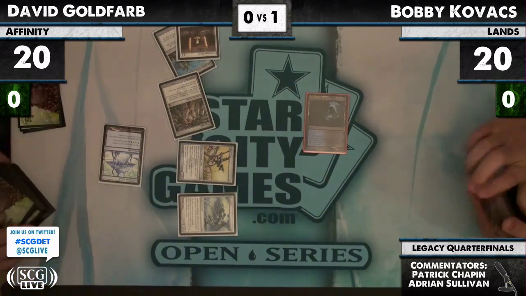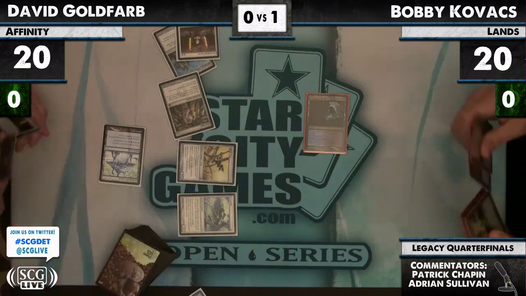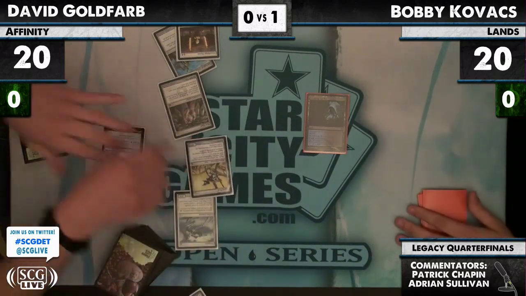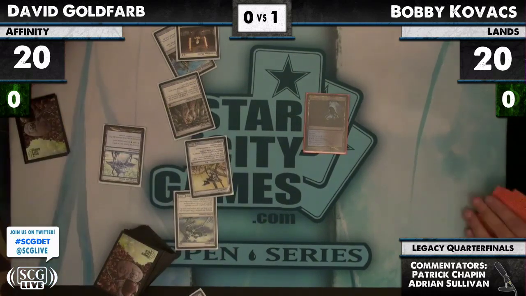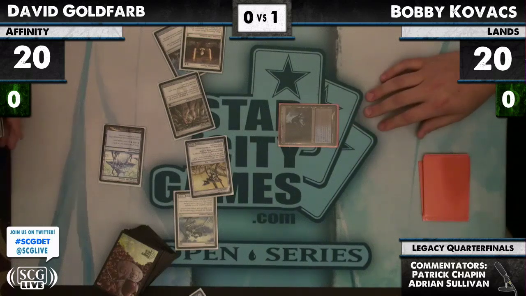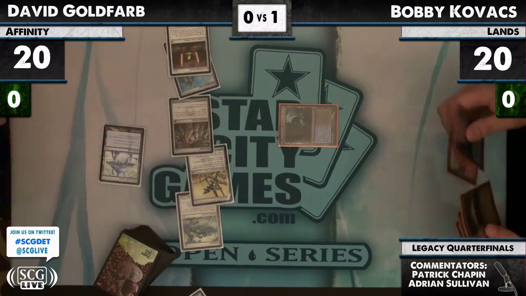1 for a Thoughtcast, perhaps? What's he doing there with only 1 mana? Thoughtcast. This is as good as it gets. I mean, this is what Goldfarb has really, this is a very good start. 3 damage coming on in. Does he have another land? No. Or wait. There's a pause happening here. Yeah, no land. However, he doesn't have enough mana. He can still play the plating and equip and attack